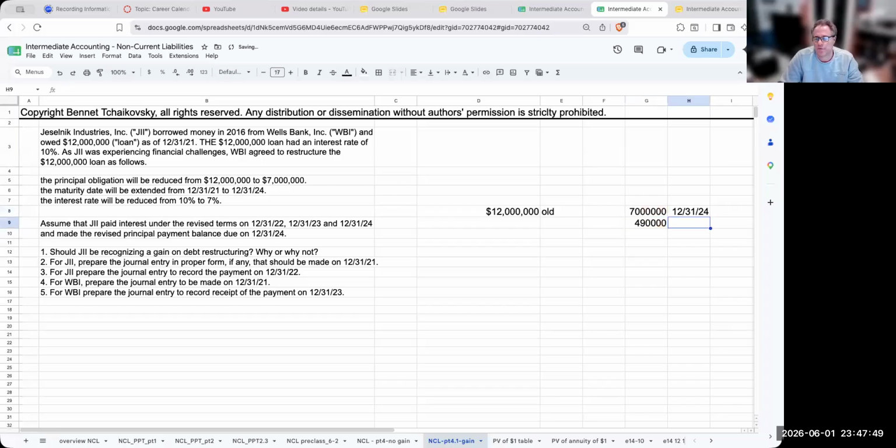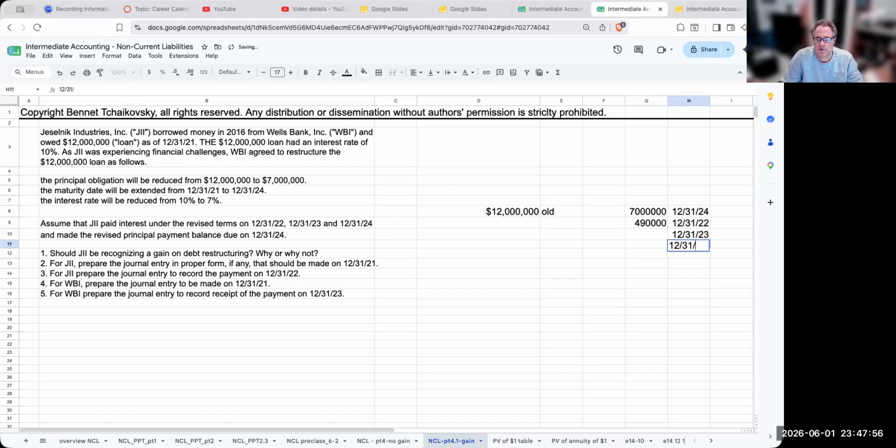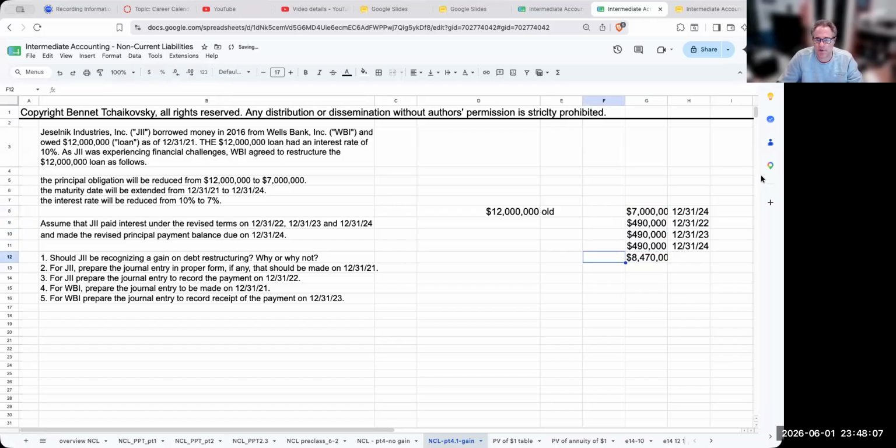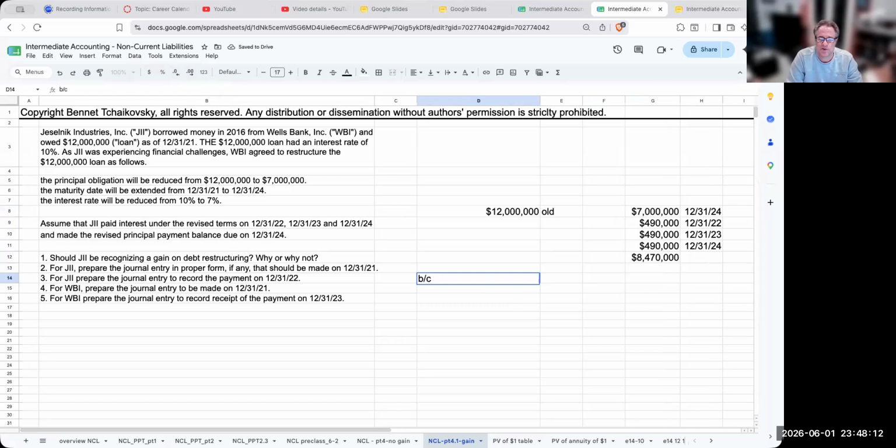And then I'm going to have to go through and make three interest payments on 12/31/22, 12/31/23, and 12/31/24. So this is what I'm going to have to go through and do for this. And when we go through and add these up, I get 8,470,000. And so over here, because the 12 million is greater than the 8.47 million, we're going to have a gain on troubled